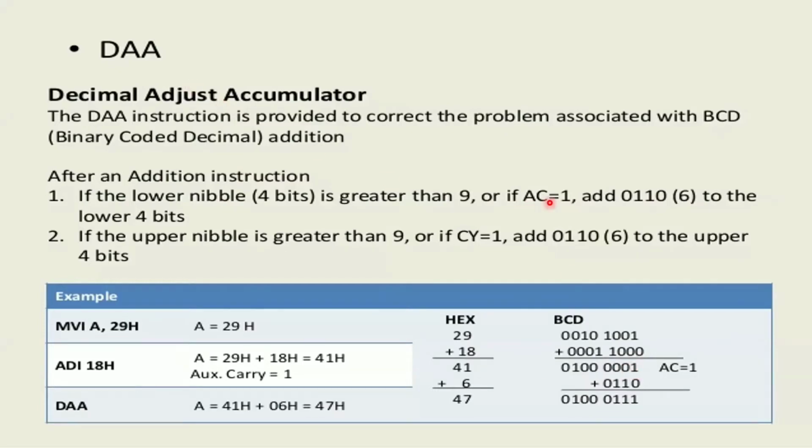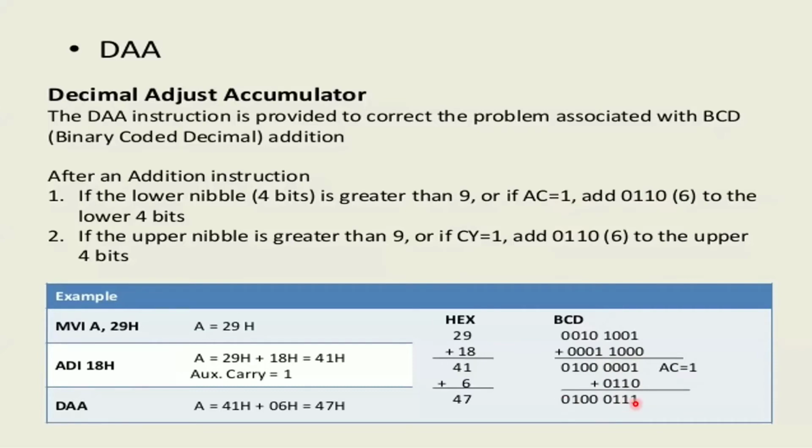The next one you need to check is if auxiliary carry is 1. Auxiliary carry is 1. Why? Because if you observe the lower 4 bits of your byte, they end in 1 1. Whenever you add 1 1 to it, a carry is generated to the next bit. That means your auxiliary carry is 1. So if the auxiliary carry is 1, what value do I need to add? 6. That's why I added 6 to it. You do the addition again, and you will get the actual result.